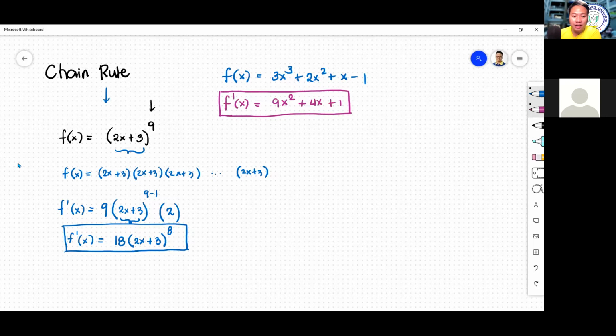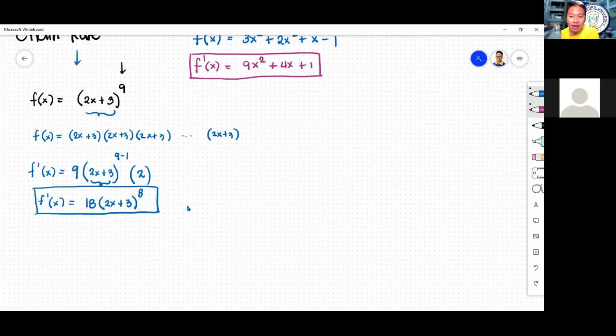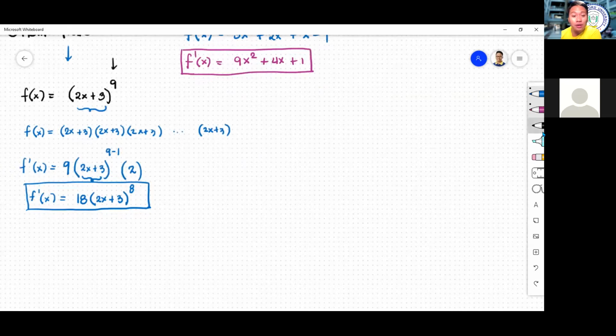for the derivative. Okay? And this process also works with other types of functions: inverse functions, trigonometric functions, and logarithmic functions. So let's take a look at it here. I'm going to try a trigonometric function. So let's have g of x equals sine of 5x cubed minus 3x squared, raised to the power of 4.